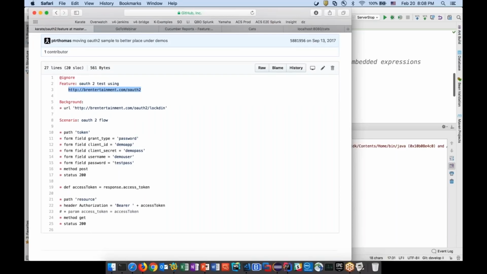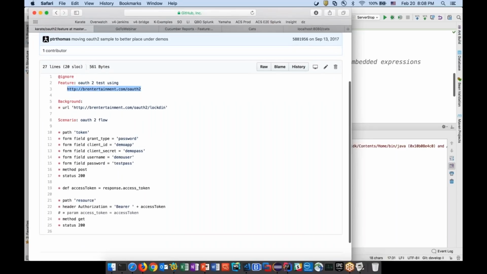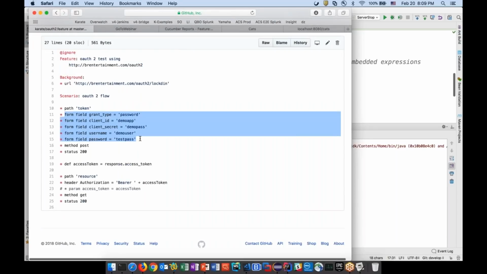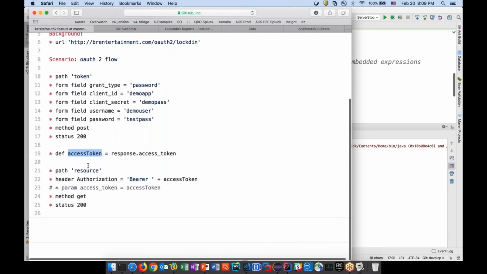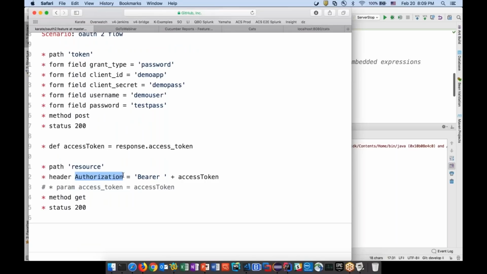But it's very simple. By the way, this section is doing a form, a URL encoded form submit, which is what you typically need to do for sign-in scenarios. And after that, you get a token back, the response.access_token. You put it in a variable, and you just start creating an authorization header with that token, and it just works.